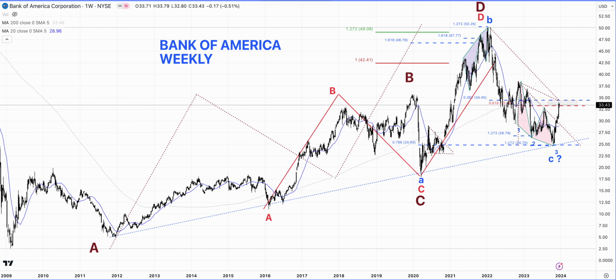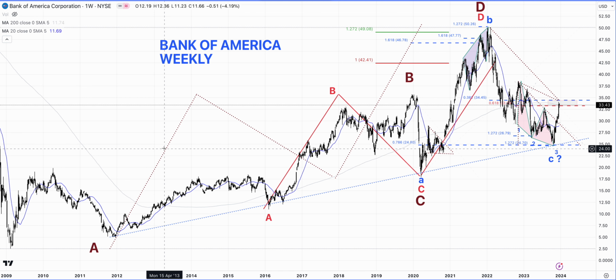This is a weekly chart, and what we are looking at in ABCD printed in different colors is basically one-to-one price projections. These could also be looked at as cycles which are taking place in this stock. So we go back several years, in fact to the year 2009 when the stock made a bottom, and the overall stock market also made a bottom after the great financial crisis. That's our starting point, and we have highlighted this in brown with the big letter A here, which is actually this low.